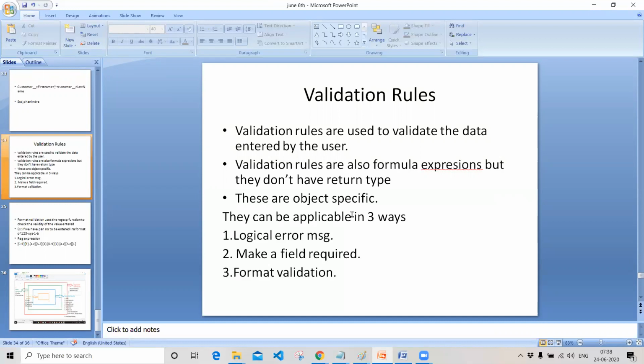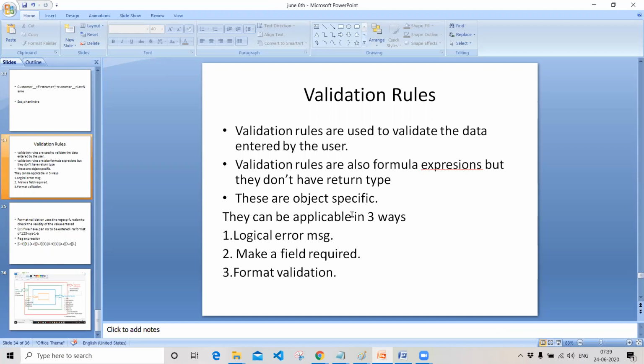If you have a business requirement where you want to check whether the data given by the user is valid or not, and if it is not valid, you want to throw an error message: this record cannot be saved since this is not valid data. You can give your custom error messages over there.